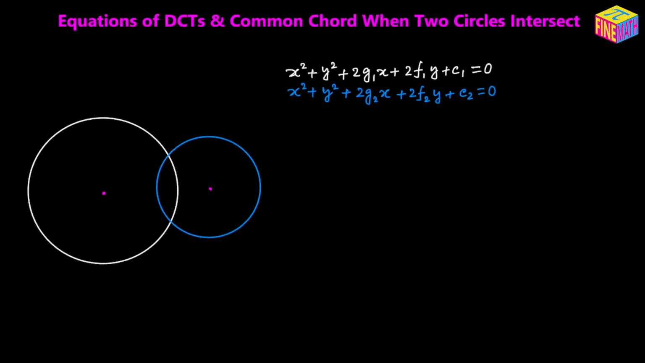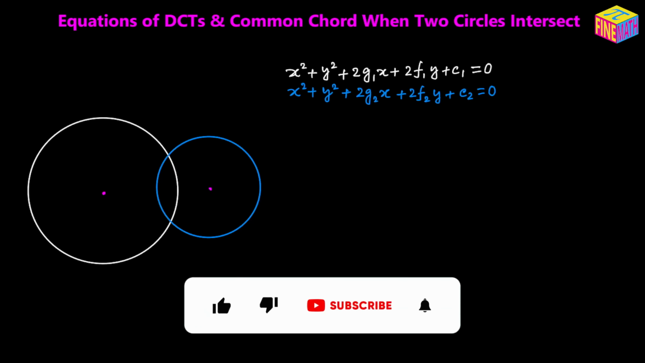Hi everyone, in this video we are going to see how to find the equations of the direct common tangents and the common chord when two circles intersect. Let's suppose we have two intersecting circles like this. Their equations have been given here. For this type of relative position of two circles, we can have two direct common tangents and also